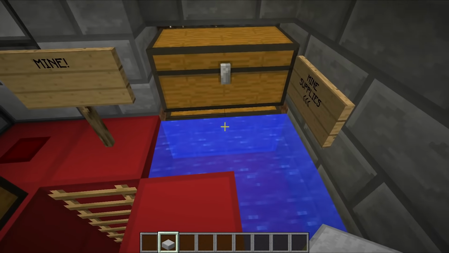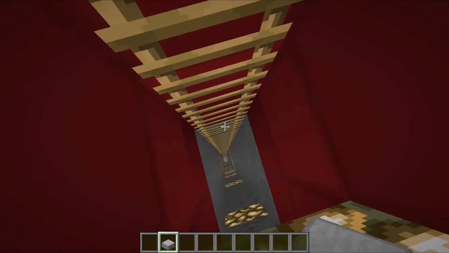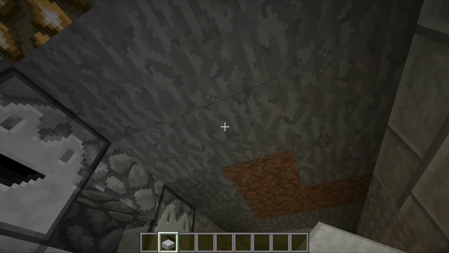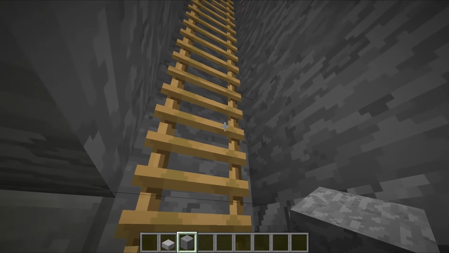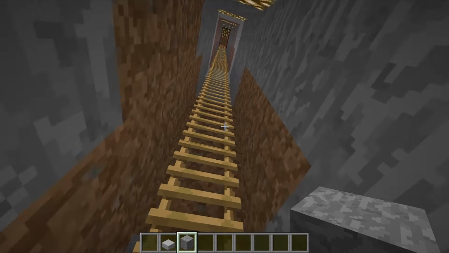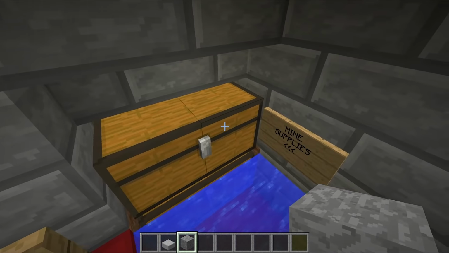Awesome. Now, one of the big things that we constructed right towards the end of this video is, of course, the smart mining system. So say, for example, I'm down in my mine shaft and I managed to get myself, I don't know, a whole bunch of stone. And for some reason, I wanted to transport this stone upwards and store it inside the storage system. That would actually happen automatically. So I could keep mining, and then I could just drop the items off inside that chest right there. The items would be taken upwards, and they would end up